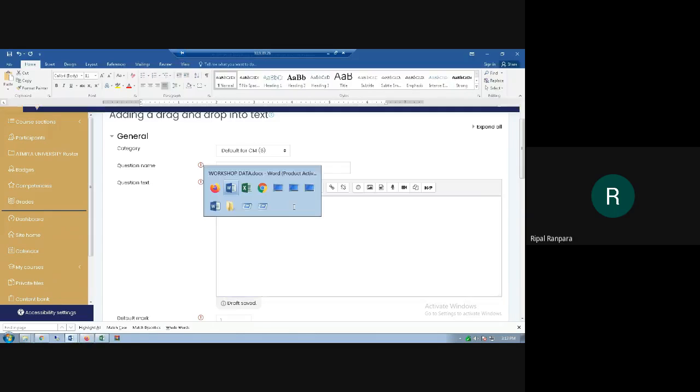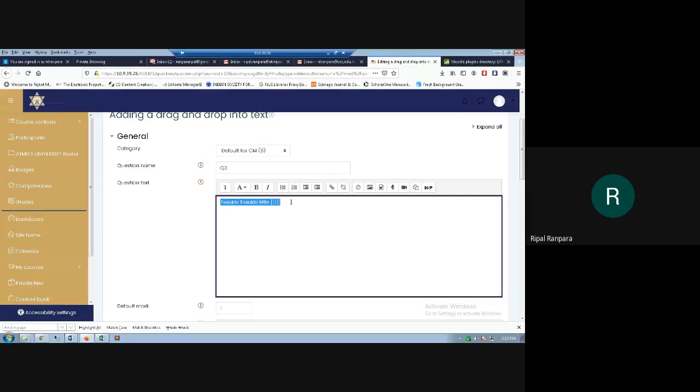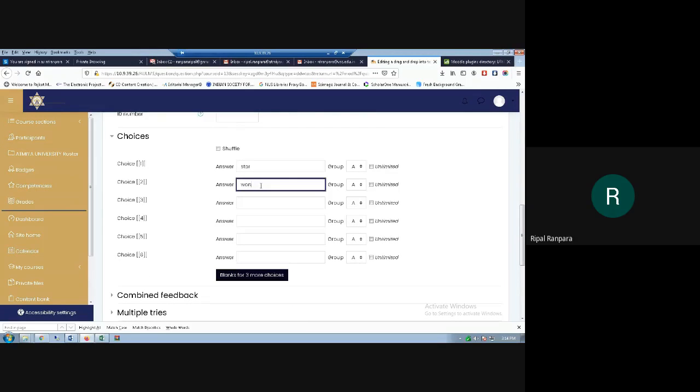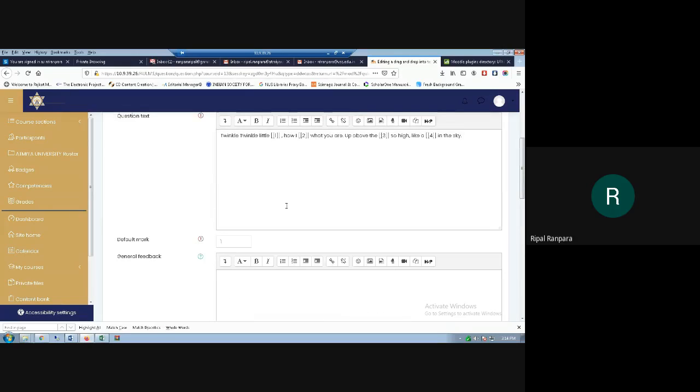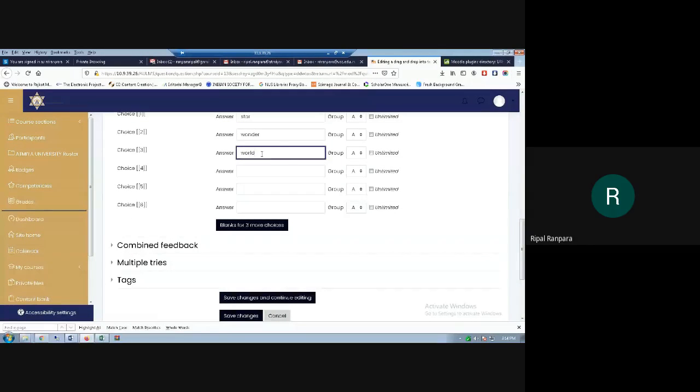In the same way I have prepared this question: twinkle twinkle little star, how I wonder. The second blank would be wonder, so let me write here the answer is wonder. For the third, up above the world so high, so let me write this world.